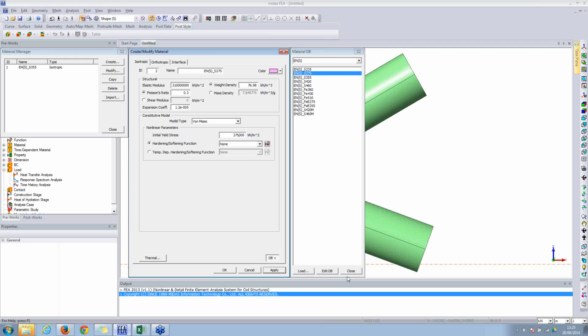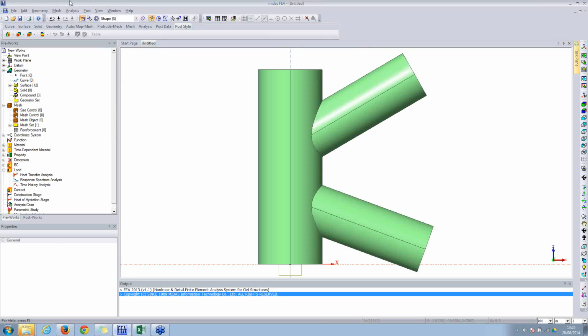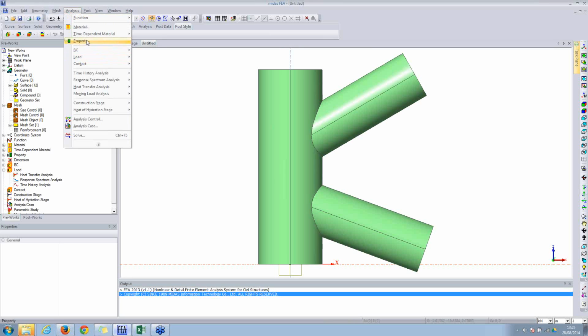275. Okay, and click OK. So that's it. Two nonlinear materials defined, and we'll define two thicknesses too. So property,